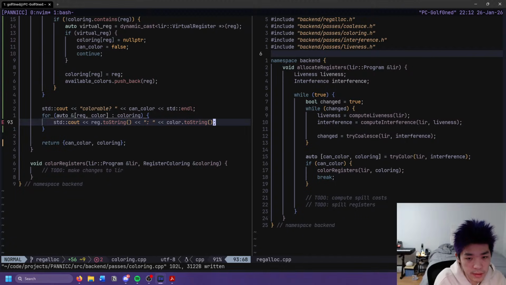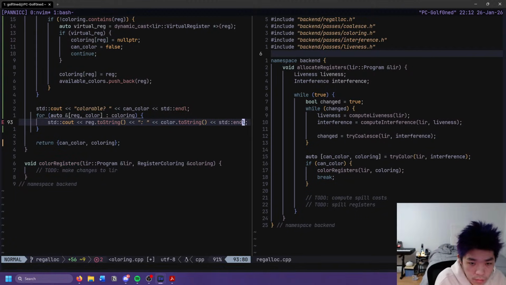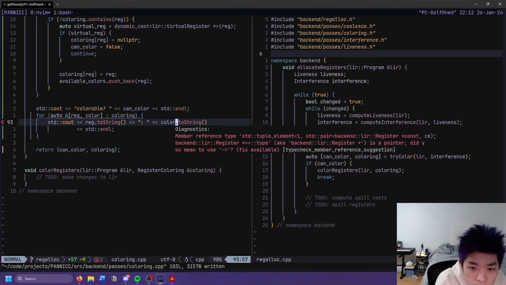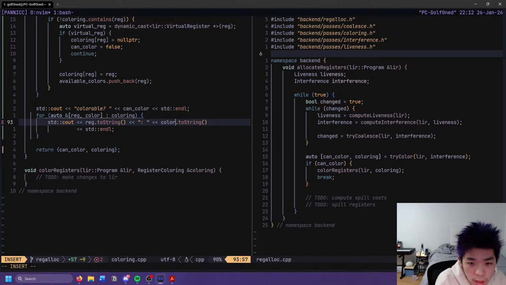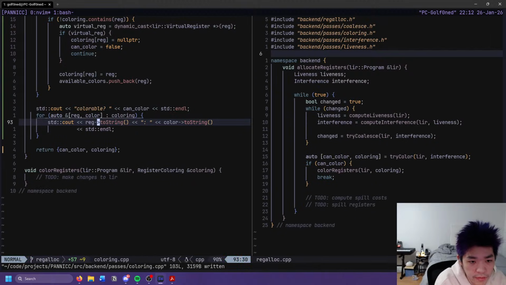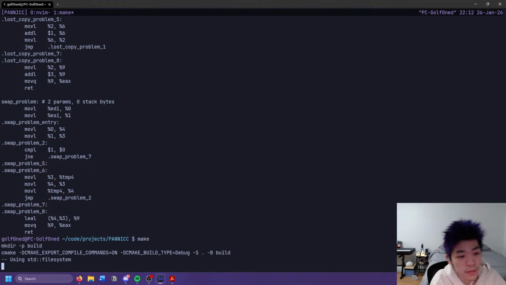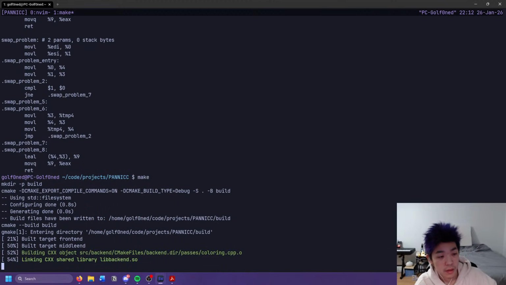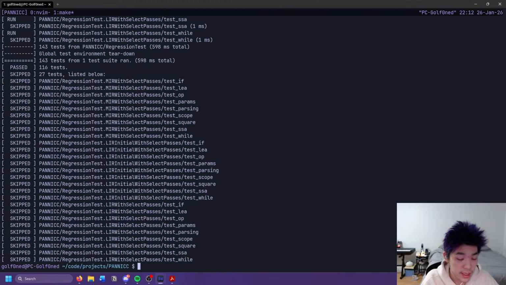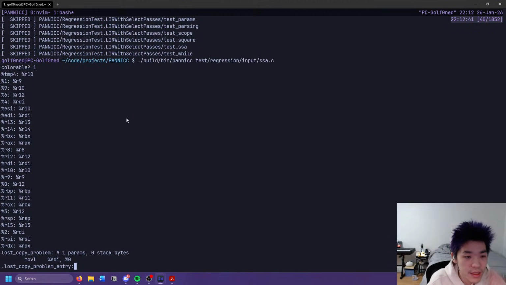No, I'll just do that. That also needs to be arrow. Okay, not even close. We'll just do that for now. Yeah, okay. And if this does even remotely what we want it to. It looks like it does what we want it to, actually.